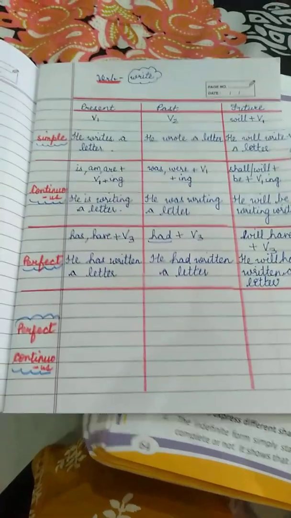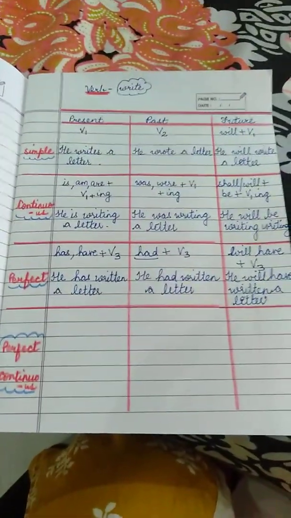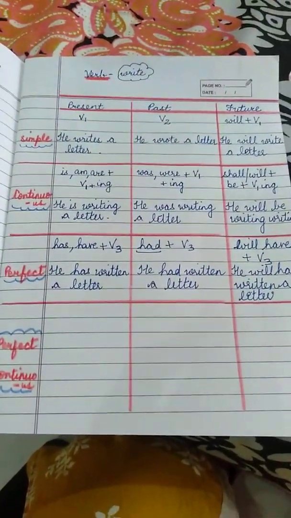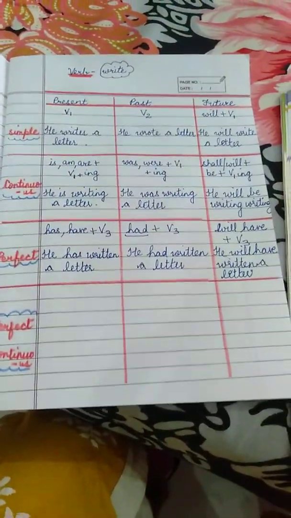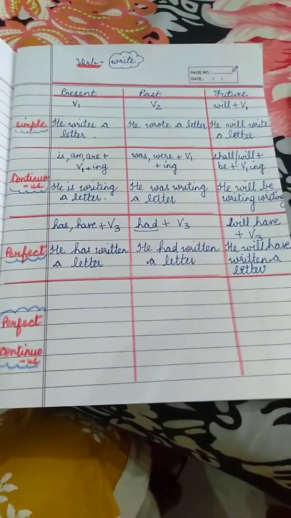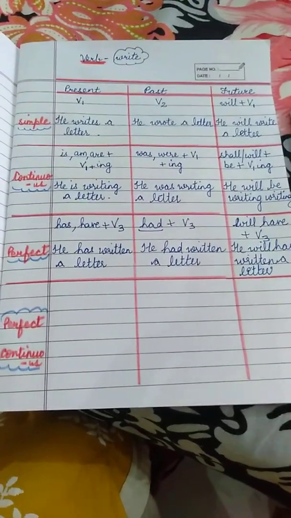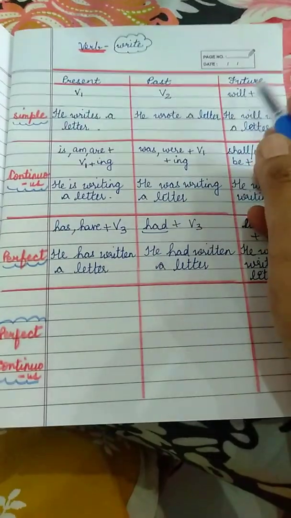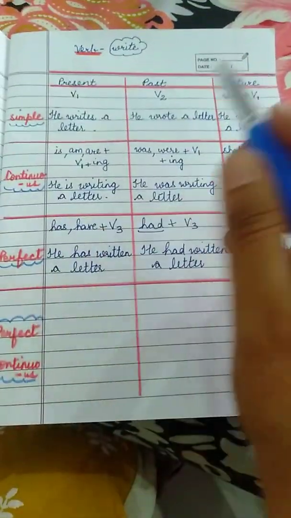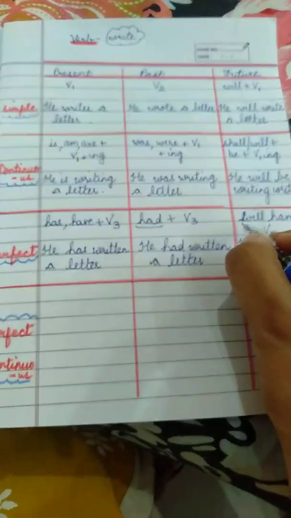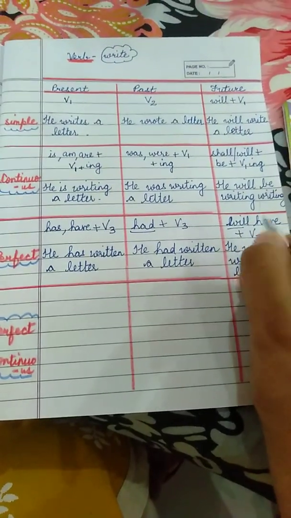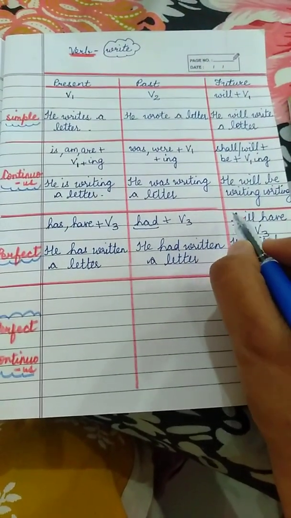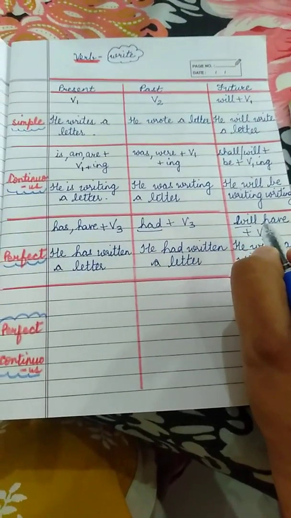Now see, I'm going to keep it like this so that you can understand, and you can even pause the video and do it on your own, and then you can play the video. But I wish that you all should make this chart in your notebook, so this is going to be easy for you to understand. So okay, here is the present tense, future perfect tense. This could be will with he, she, and shall with the first person I or we.